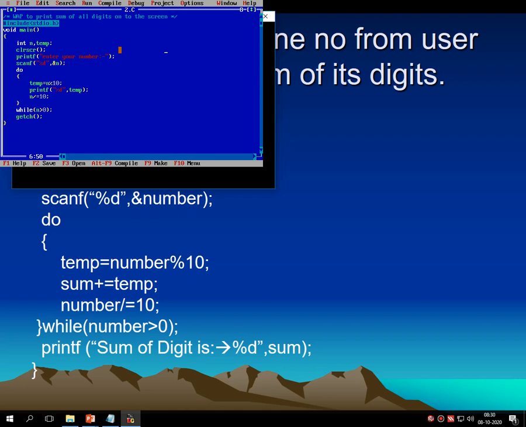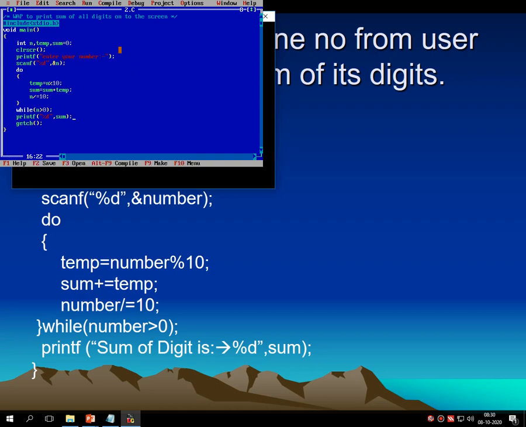Here I am entering one number. It will find out the last digit, but instead of printing this last digit, here I have to change the logic like sum equals sum plus temp. And here one more variable should be declared, that is sum equals 0. Then the loop repeats and the last number will be searched. It will be added into the sum. It's perfect. And after this looping control statement, over here I have to write printf percentage d sum.